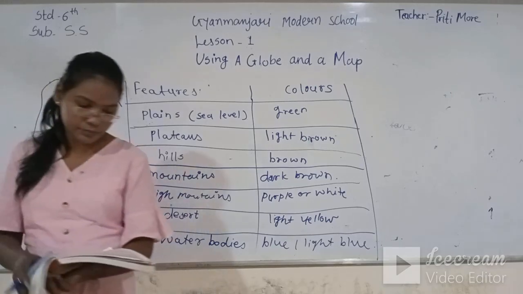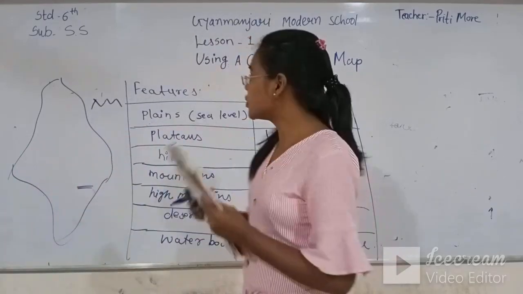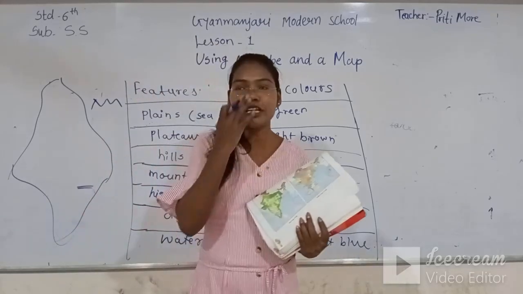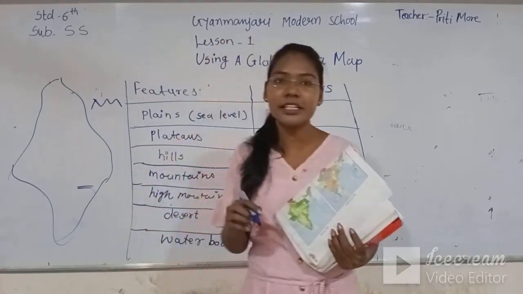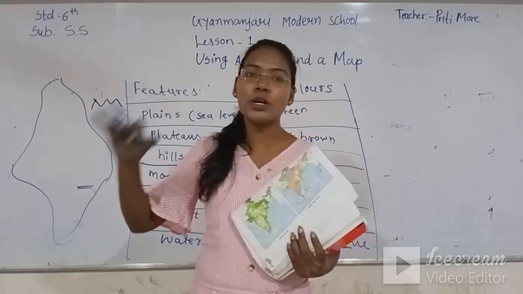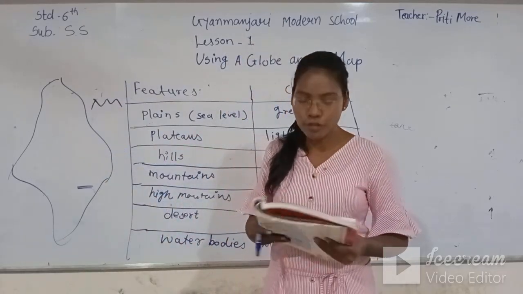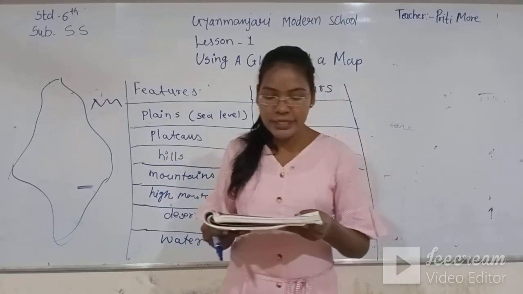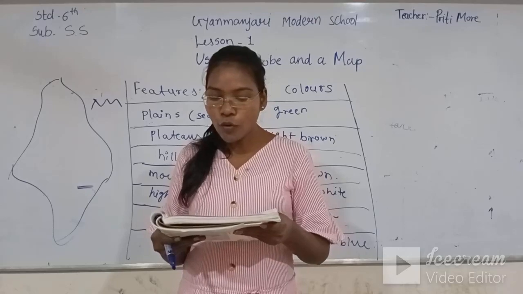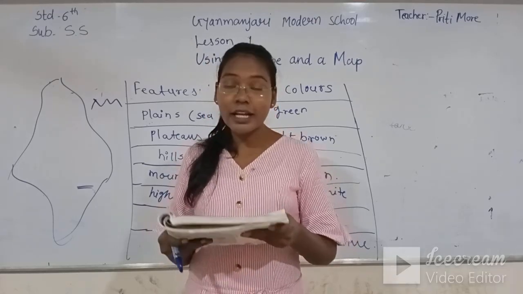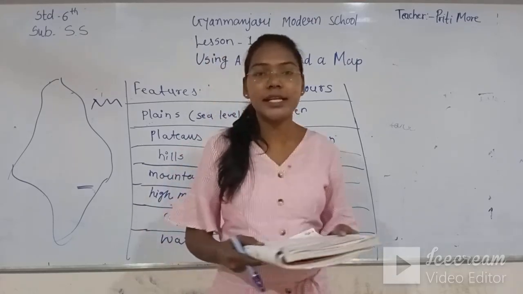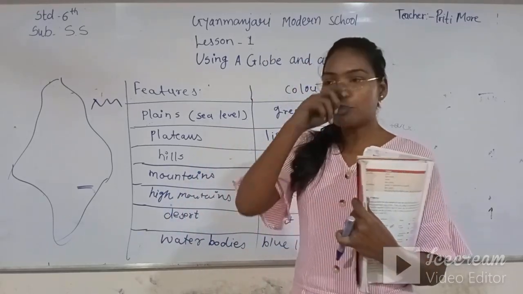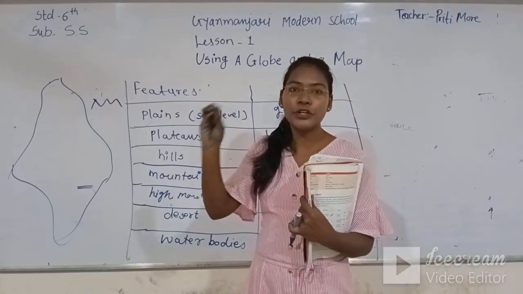Now once you get this all, the conventional symbols are there. That means the symbols which we generally use, which show a particular place to us, for the general people, for the common people also, that is called conventional symbols. There are some common symbols that map makers all over the world have agreed to use. That means there are so many map makers, and all map makers agreed to put particular symbols to particular things.